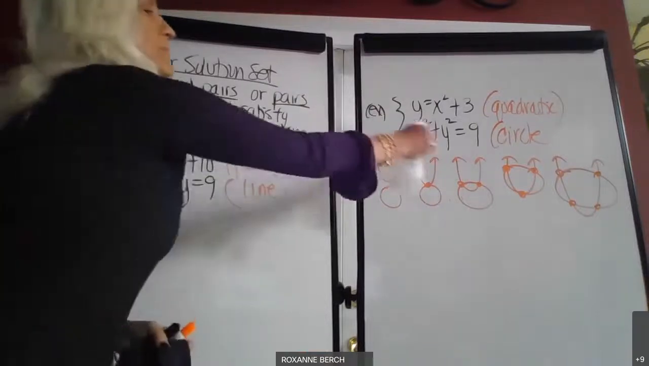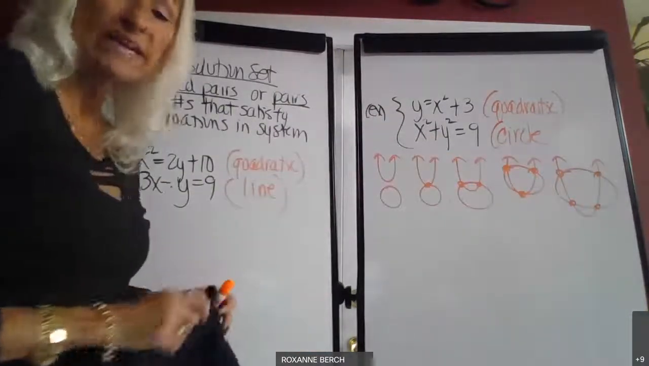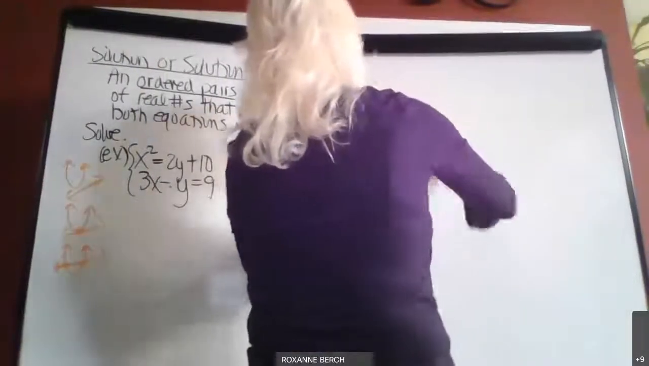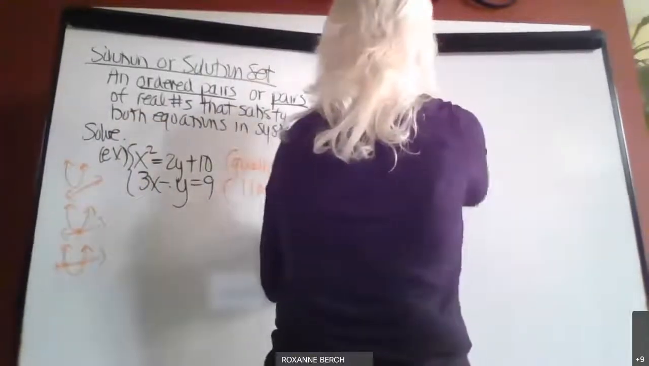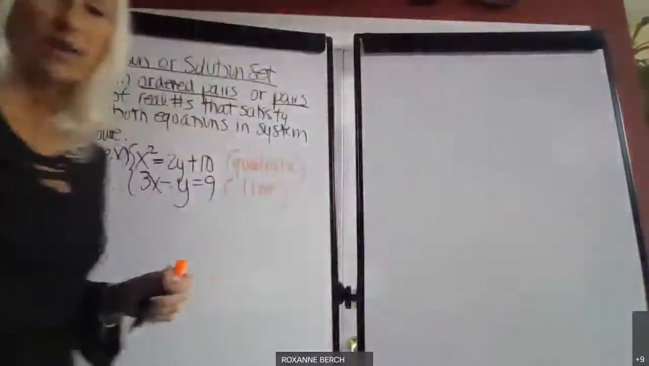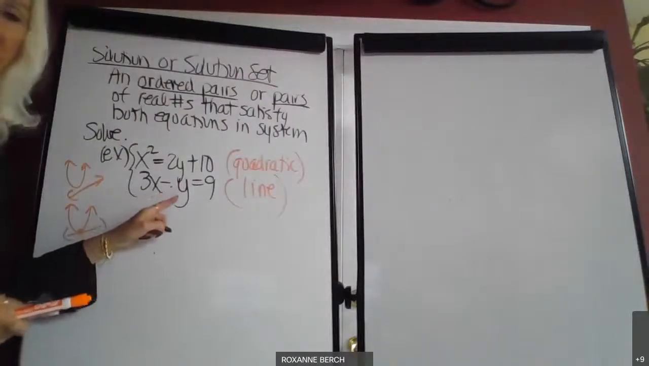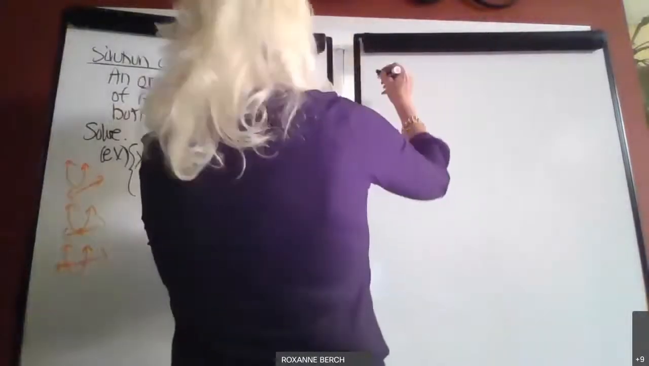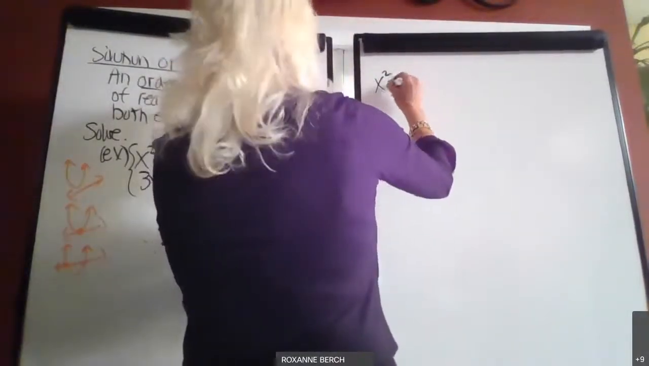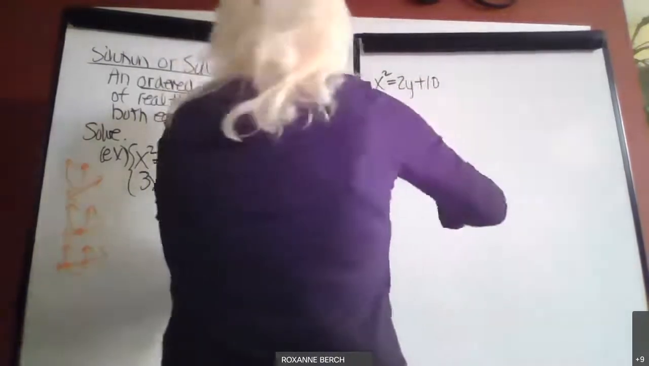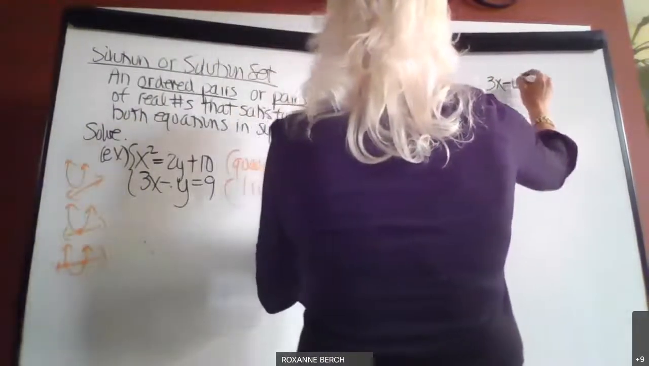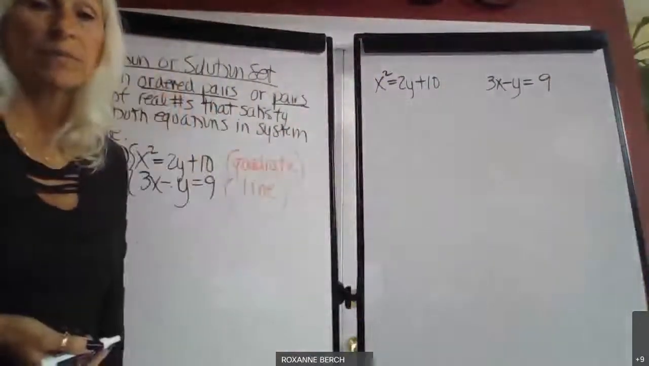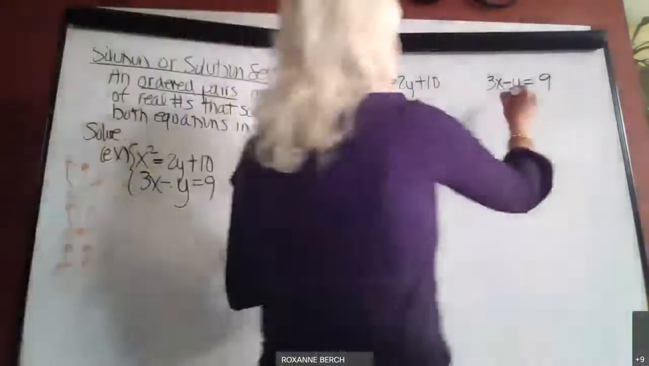Okay. So now we decide, do you want to solve by adding or do you want to solve by substitution? And I'm just going to tell you what I would do. Since there's a y, I'm going to use substitution. So I'm going to write them side by side. So you have x squared equals 2y plus 10, and you have 3x minus y equals 9. And I'm going to solve for y. So when you subtract 3x,